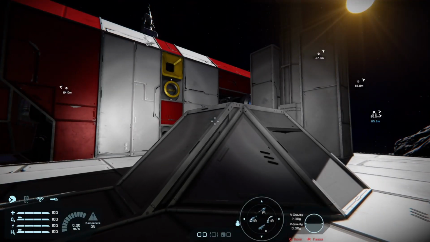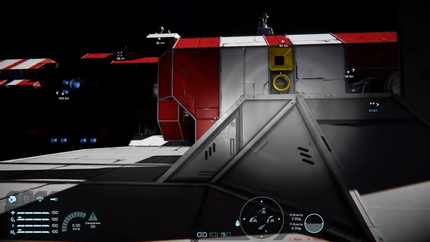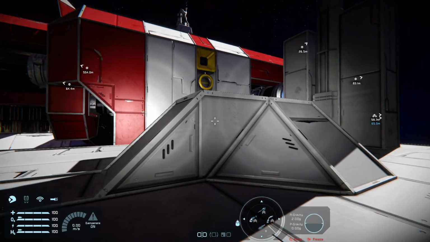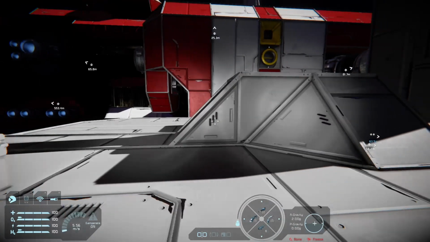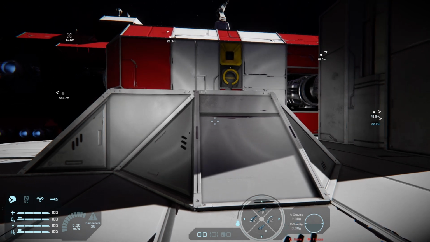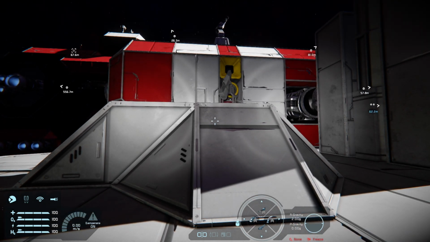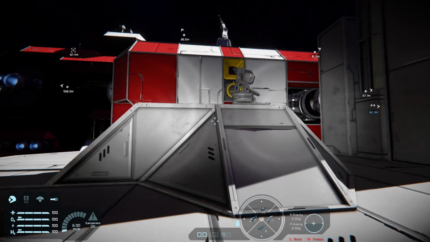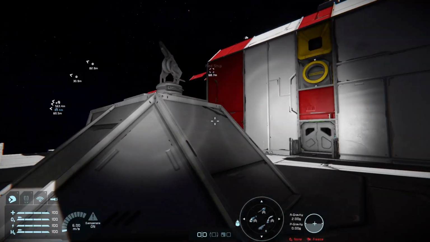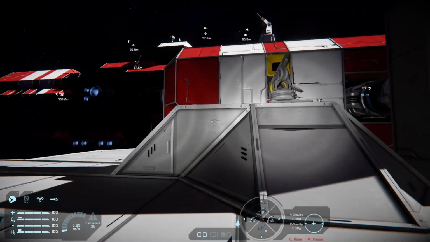This is pistons and timer blocks. This piston pulls out this set of blocks here. Hidden away underneath the platform is a gun, which pops up out up here using timer blocks and pistons.